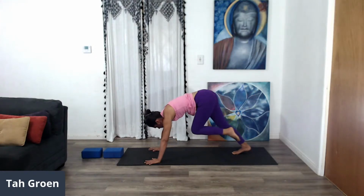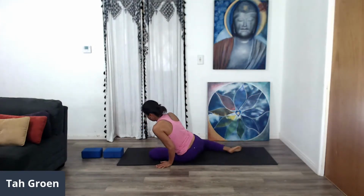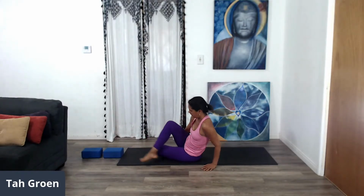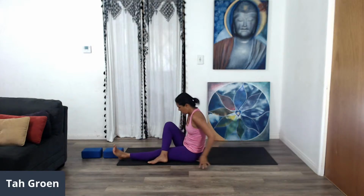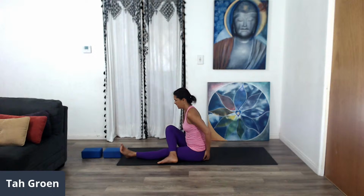Bring that left knee back underneath you. Drop to that left hip. Circle the right foot around. So you may like the left knee connected underneath you for your twist, and that's absolutely fine. You're going to use your left arm over to the right. Or, as I am, I'm going to straighten that bottom leg just because I like to keep my...